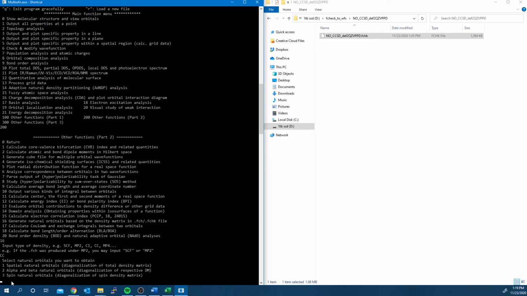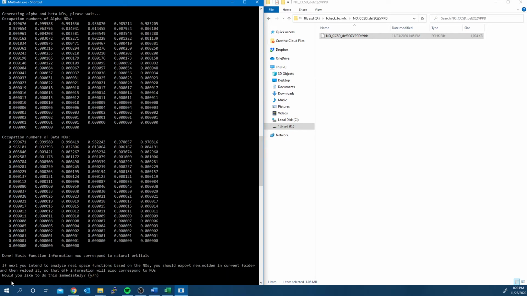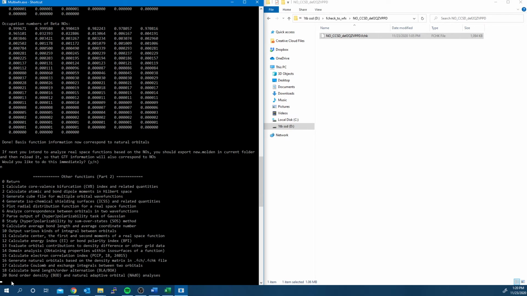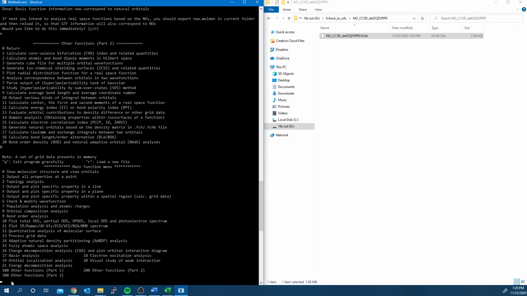For this spin polarized case, we get another menu which is asking how we want the result displayed. Option 1 is the addition of spin up plus spin down electron densities, yielding a single density matrix. Option 2 does spin up and spin down separately and yields two density matrices, one for alpha electrons and another for beta electrons. Option 3 calculates the difference, spin up minus spin down, and yields a single density matrix. Preferably, you will always choose alpha and beta natural orbitals. Then choose N, No. Select Return, 0. Following the same path we have done in the past examples to save the output as WFX file.